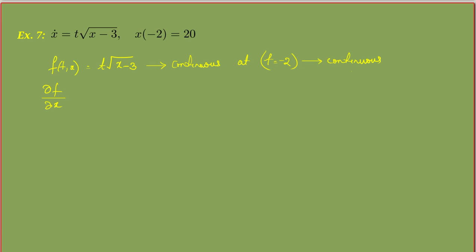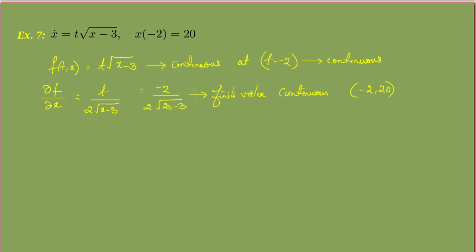So here dou f by dou x is t by 2 root x minus 3. Here t is minus 2, so it is minus 2 by 2 into root 20 minus 3. This is in fact continuous, so it has a finite value here. So near this initial condition, near minus 2 and 20,